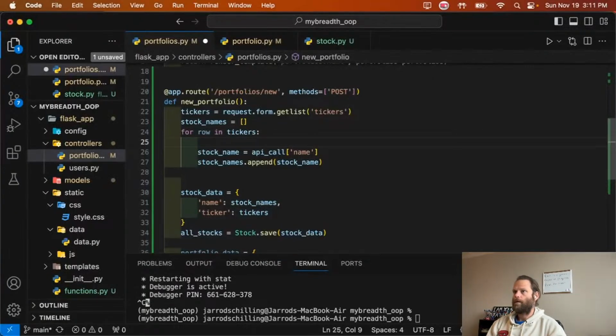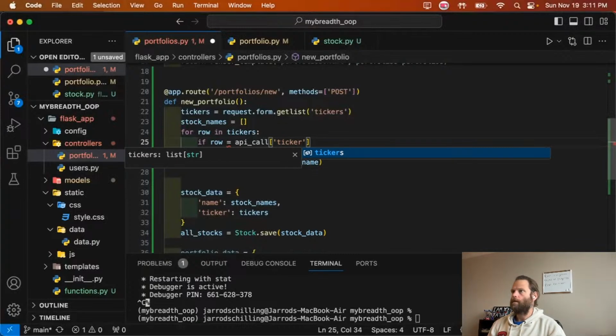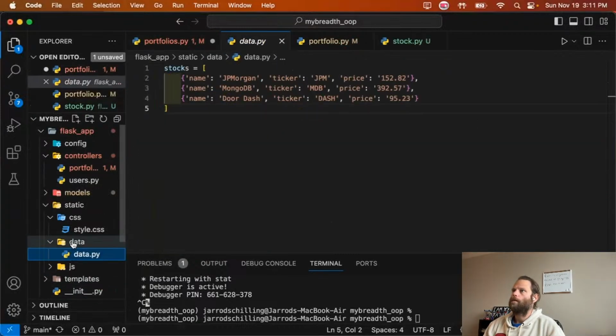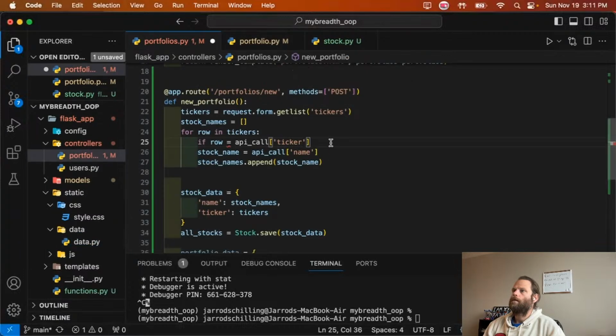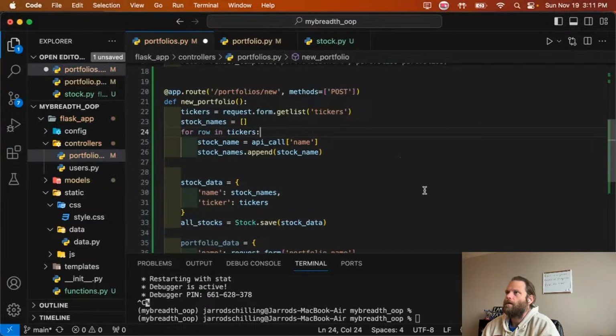So if row equals API call ticker, then, no. Yeah, see, it's not going to work quite this way because it's going to call the API for that ticker and then it's going to just pull the name. So I really don't need this in real life, but for right now,